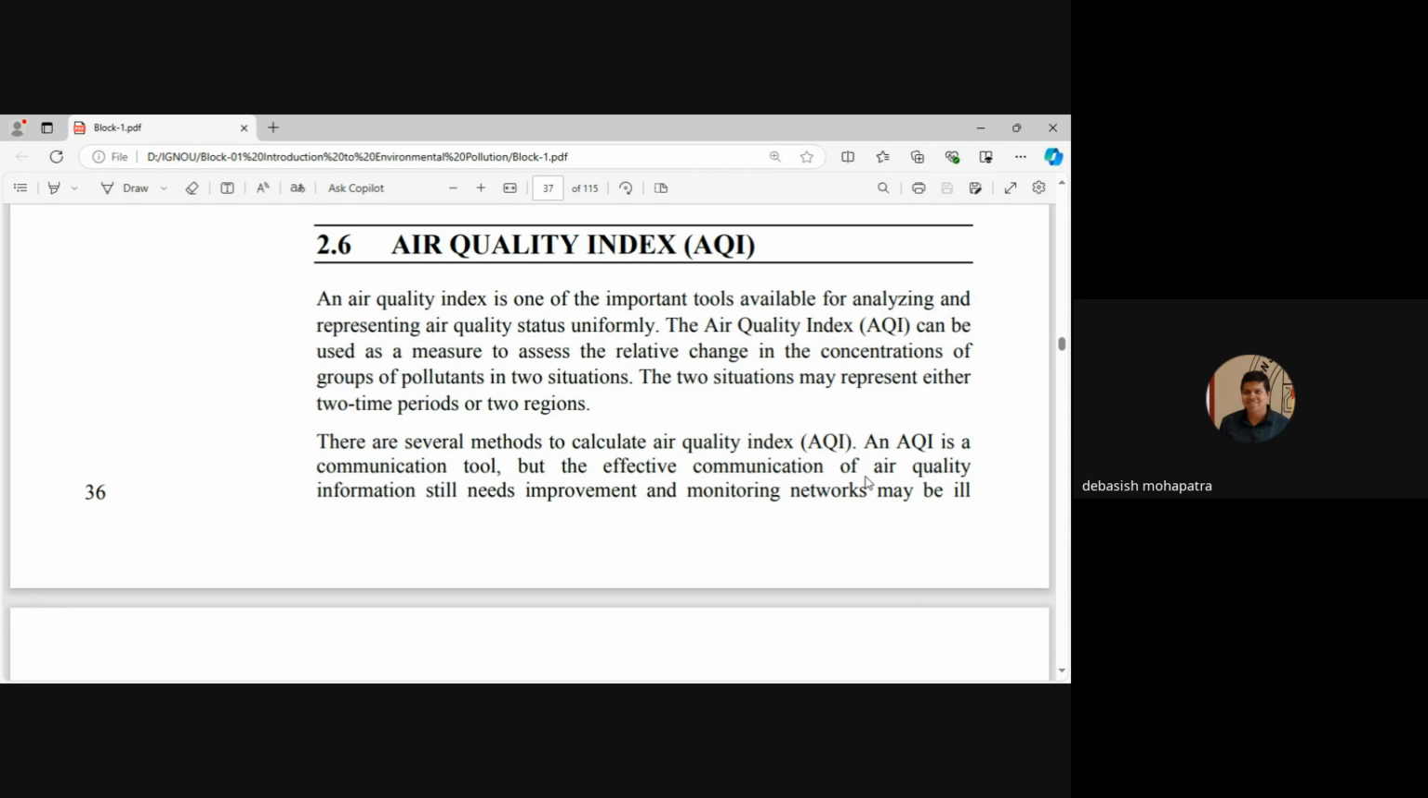So air quality index is one of the important tools available for analyzing and representing air quality status uniformly. The air quality index, AQI, can be used as a measurement to assess the relative change in the concentration of a group of pollutants in two situations. The situation may represent either two time periods or two regions. Thus, there are several methods to calculate AQI, and AQI is a communication tool, but the effective communication of air quality information still needs improvement and monitoring networks